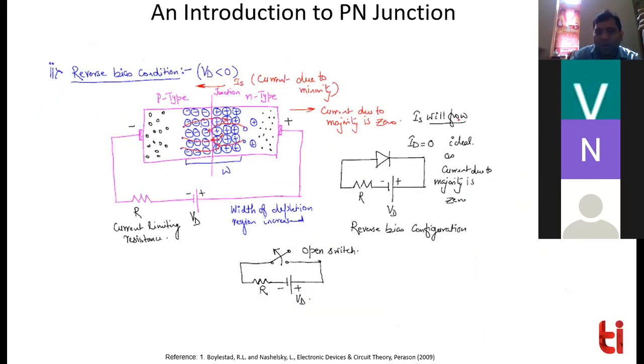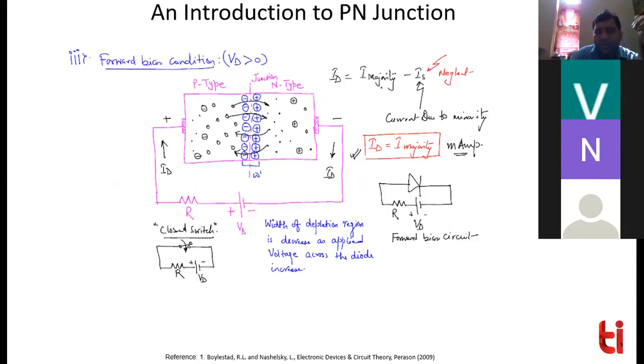In case of forward or reverse bias, let's first understand the reverse bias. In case of a reverse bias, the minority charge carrier current, that is a drift current, increases. However, the majority charge carrier current goes to zero. So you have only the current which is N to P, and that current is known as IS. However, in case of a forward bias, you have a majority charge carrier current only, and that current increases exponentially.